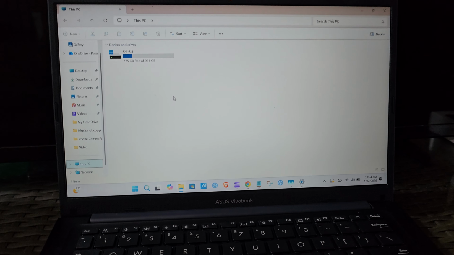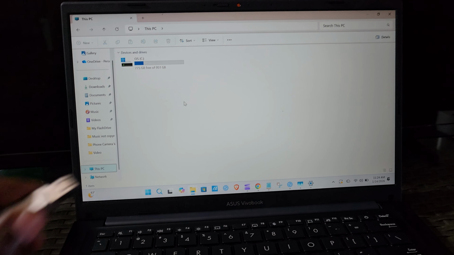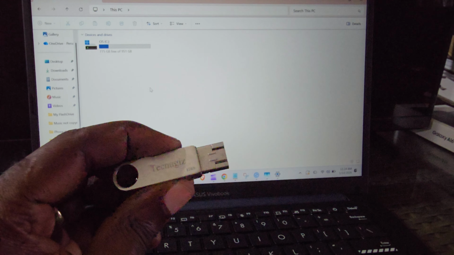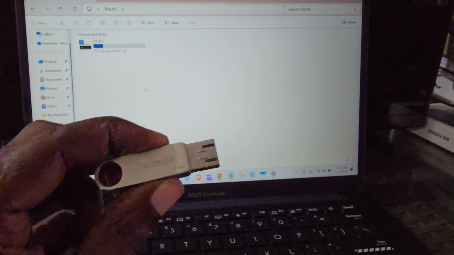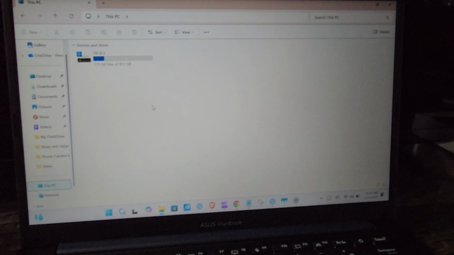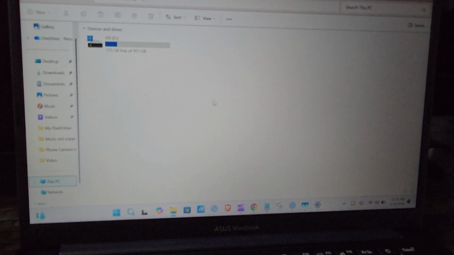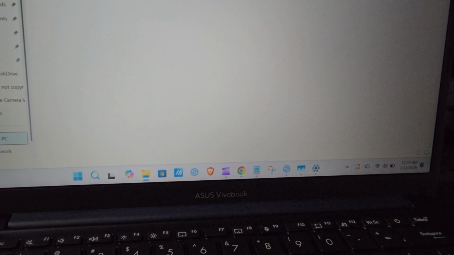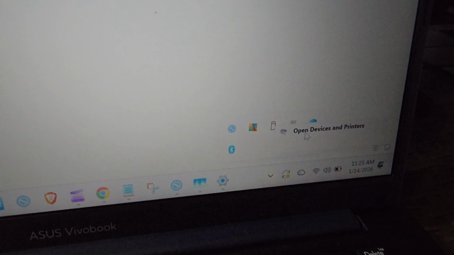In today's tutorial, guys, I'll show you a way I've found that if you have a flash drive, for example this flash drive here, it doesn't matter the brand, and you add it to your computer and it's not showing up. It's added to this particular computer, and if I try to access it, I know it's connected because if I try to disconnect it, it says it is connected, so I can safely remove,